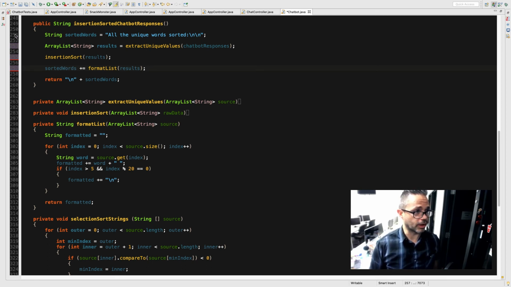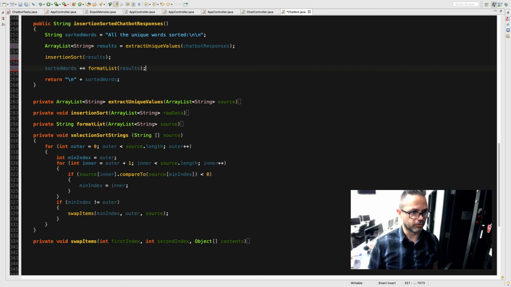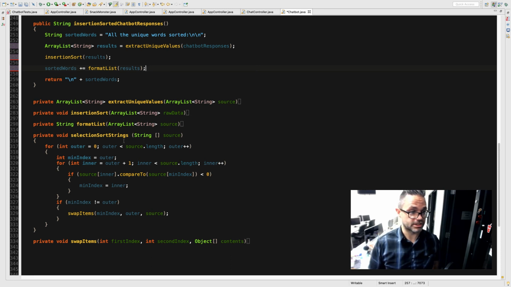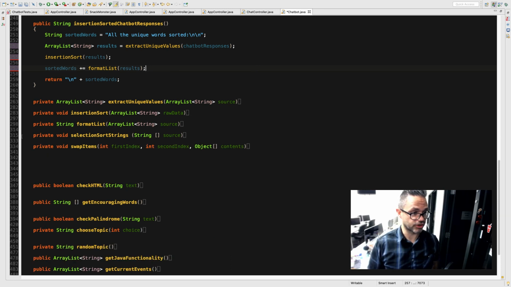I now have an array method insertion sort that does the work for each different piece one at a time. And so this is a great example of refactoring. All the code and logic is still there, but now I can format any list into a lovely group of words. I can insertion sort any list of strings easily and alphabetically inside one set of values right there, just like I have my selection sort for strings right there. I can use any of those different closed individual groups, so I can do each group of actions quickly and easily. And then by having a method that combines them, like we have right here for insertion sorted chatbot responses,